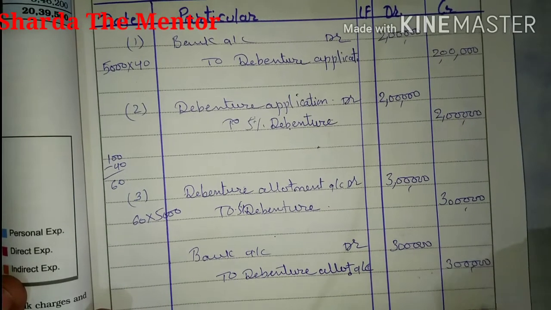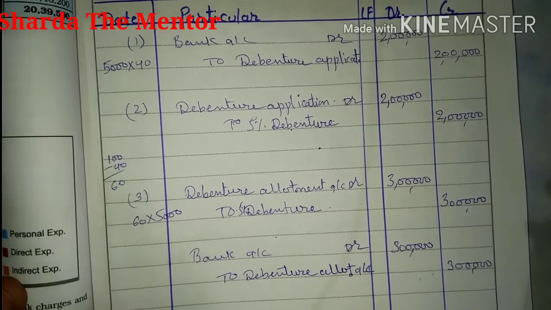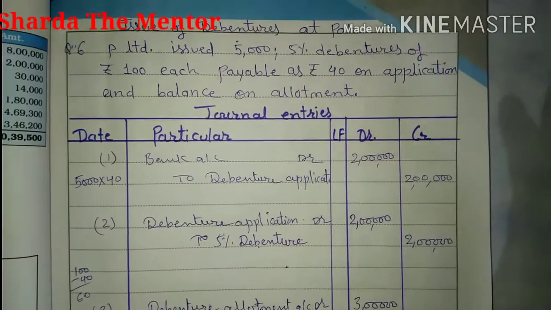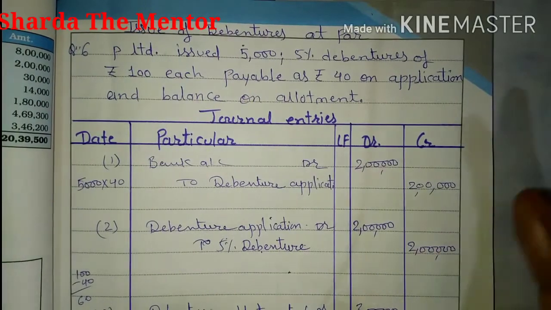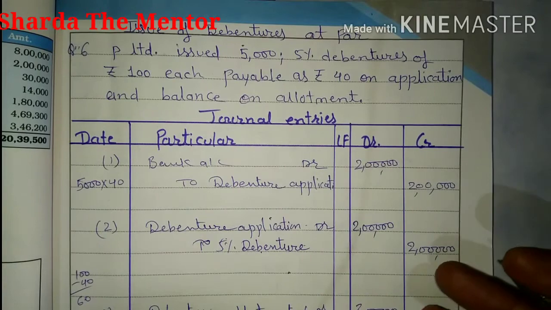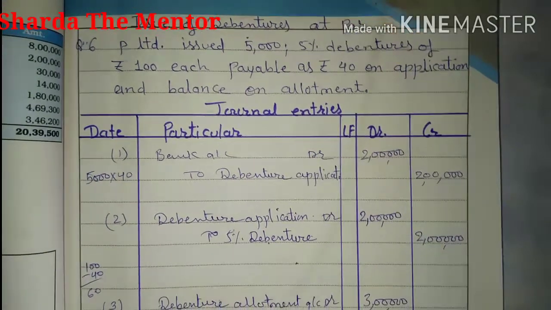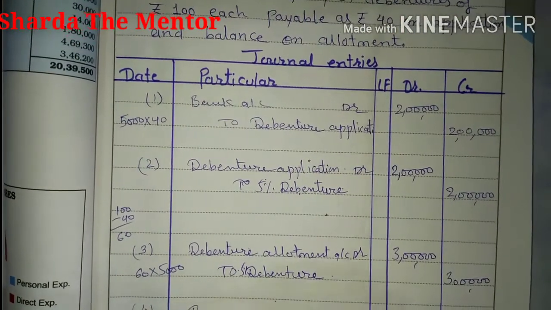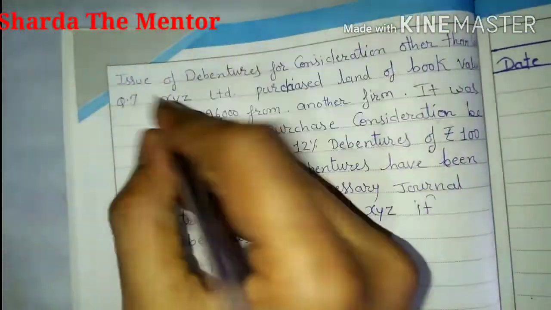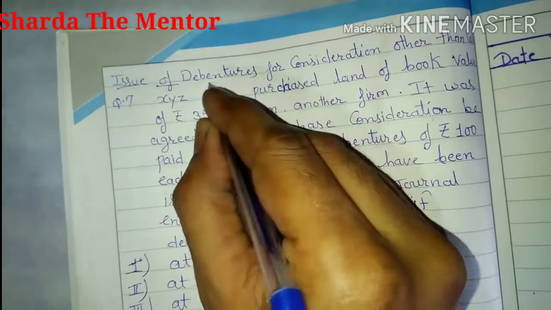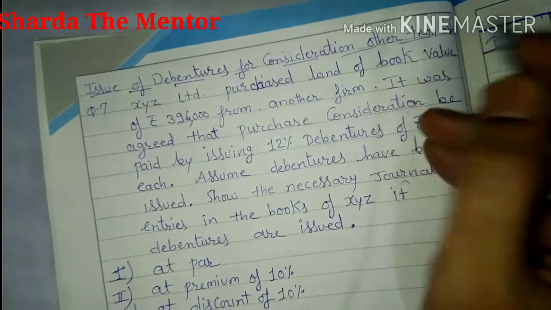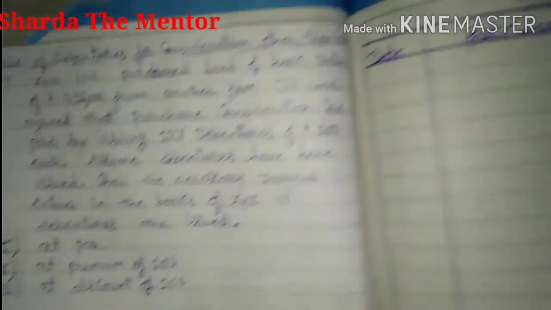In the previous video we studied issue at premium and issue at discount. In the case of par, if a debenture is issued at par, the question will be very easy because you just have to multiply the amount and pass the entries. Nothing else will be there, so that is the simplest question. Sometimes debentures are also issued, whereas in the entries we have done so far we received the amount in cash, it may be possible in some cases that we issue debentures for purchasing an asset.